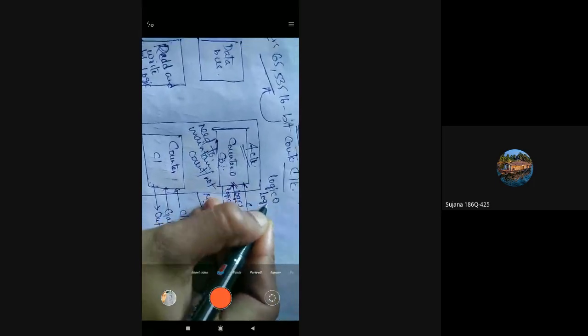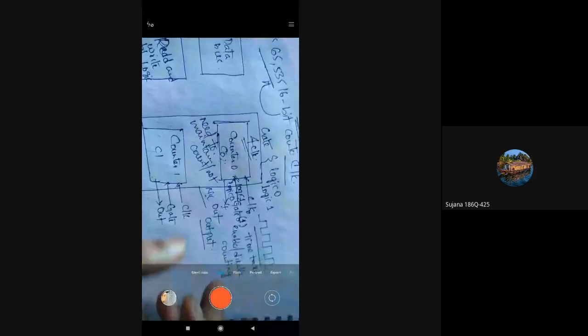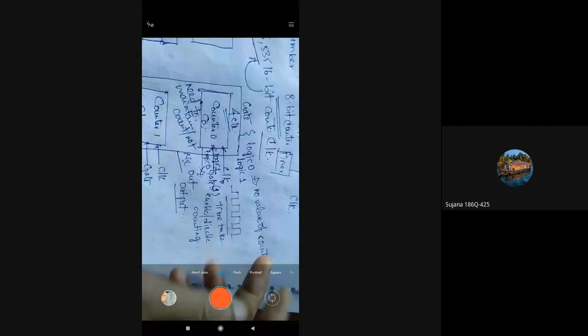So what are the two cases for gate? Logic 0 and logic 1. These are the two logics for this gate terminal, and the gate will enable or disable the counting. Logic 0 indicates no value, that means the value is not loaded on the counter.